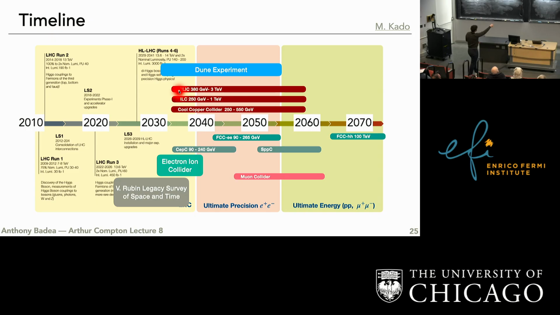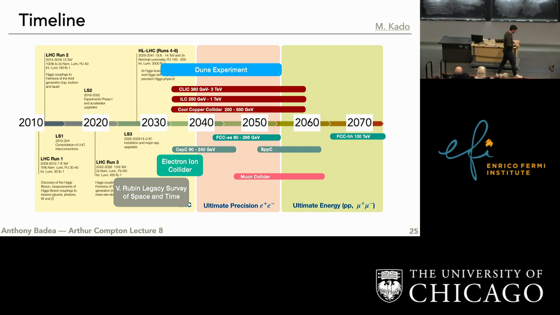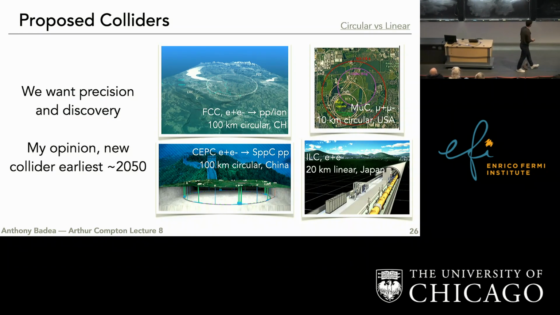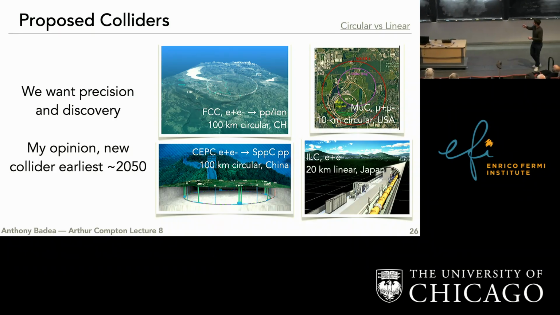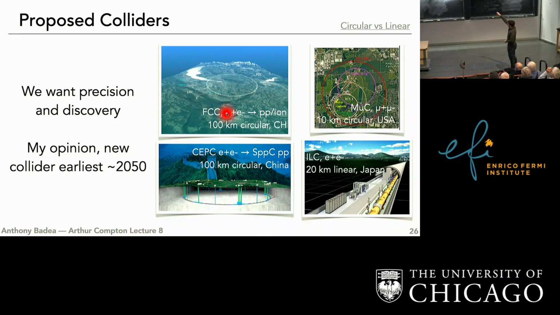But of course, you see these other lines, and probably something you've heard about in passing is the talk of a new collider, a bigger collider. And so I have one slide that's mentioning the four main things that people talk about. There is at CERN the Future Circular Collider proposal, where it's a 100-kilometer long tunnel. For reference, this little tunnel you see here is the LHC, and this tunnel here is the proposal.